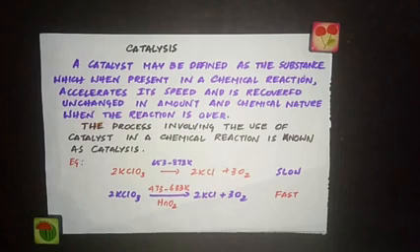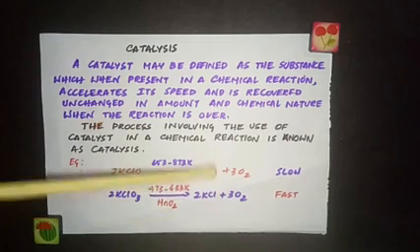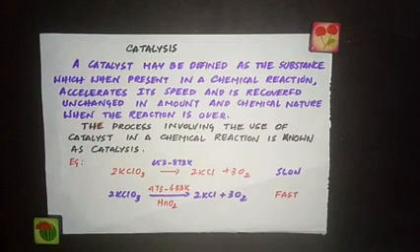There are a few important characteristics that you should know about catalysts. A catalyst cannot initiate a chemical reaction. If this reaction is happening already, if you are adding a catalyst, it can speed up the reaction. If there is a reaction which is not going to happen, you cannot use a catalyst to start that reaction. It can just speed up the reaction. A catalyst cannot start a reaction, or it cannot initiate a reaction. In other words, you can say a catalyst can catalyze only the spontaneous reaction which has the delta G value negative. So a catalyst cannot catalyze a non-spontaneous reaction.